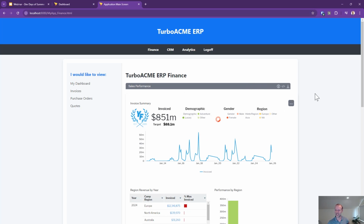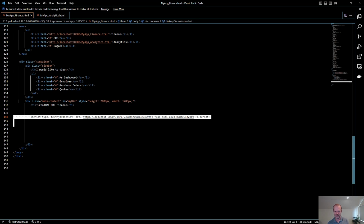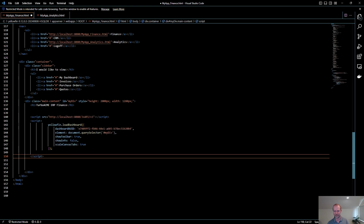Now, there are some things here that we might want to change. And we can do these with the embed link. But what I'm going to do is switch the code to use the advanced API, which is not the embed link, but the advanced API, which has a little bit more flexibility. And we're going to base the work that we do on that. So let's go ahead and replace that little piece of JavaScript, or the embed link, with a little snippet